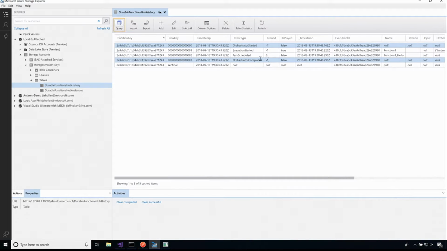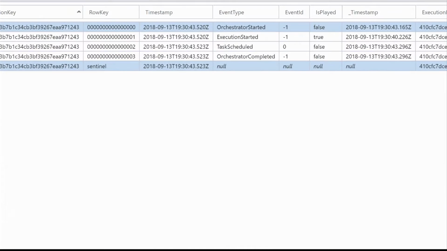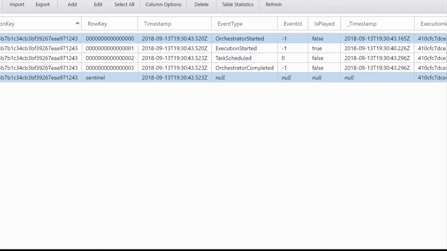And this should look very familiar to that last slide. And in fact, I can see here, and usually when you're running in production, I don't really recommend that you dig in here to your tables to try to debug it. It can get very messy, but for the purpose of understanding, you can see here all of the different pieces that are happening. So here the execution went ahead and started. It's scheduled some tasks to be completed. You can see orchestration completed.